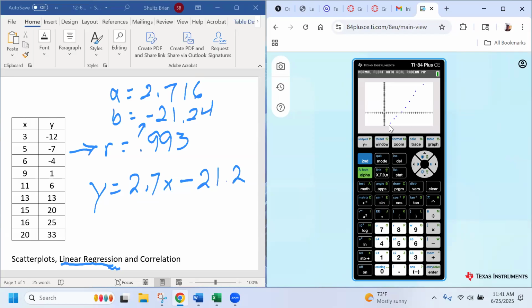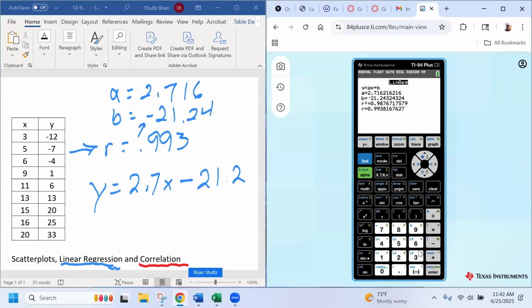Okay, if there is a line that is drawn up through here, that is the line that would match that data. That's all we're doing, is finding the line that matches that data. Okay, pretty easy, pretty straightforward and simple once you know what buttons to push on your calculator. Okay, now I'm going to go back here to my stat. I'm going to go through this again, calculate 4 for linear regression. I'm going to go back to this, calculate, enter, and it gives me those values. Okay, because the next thing we're going to talk about is the